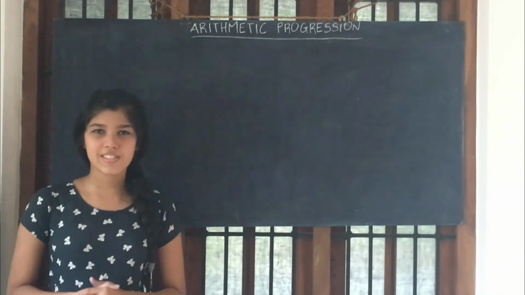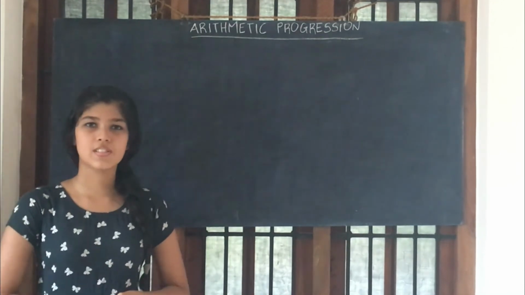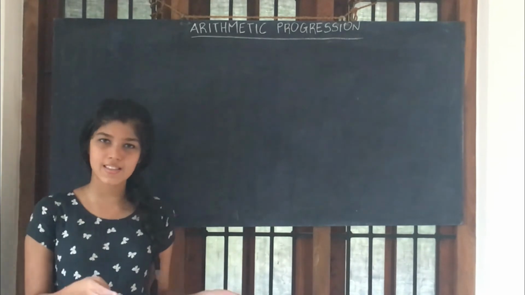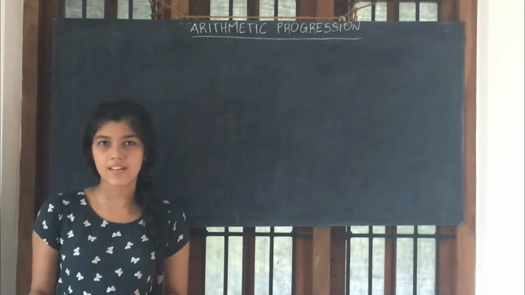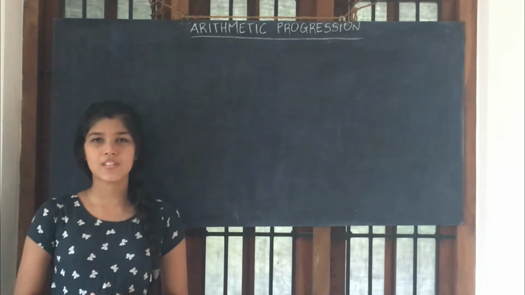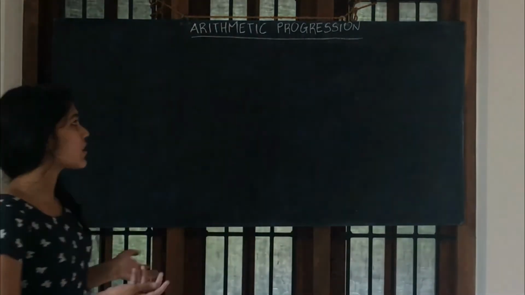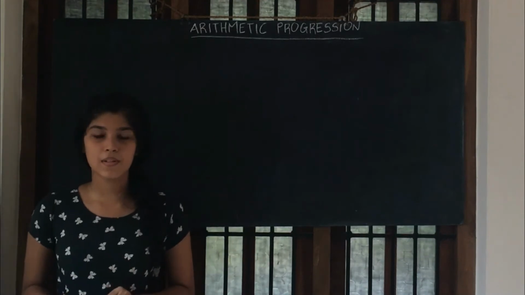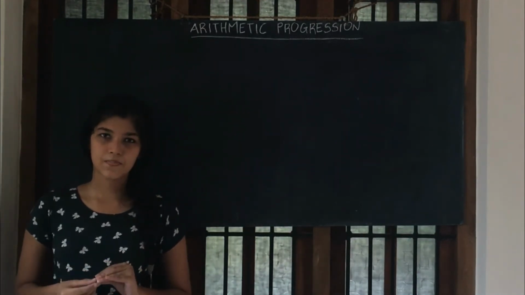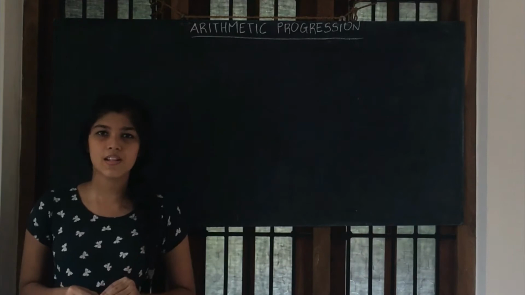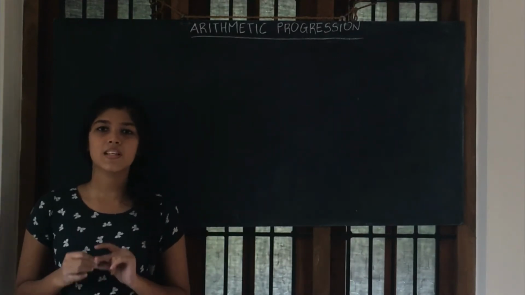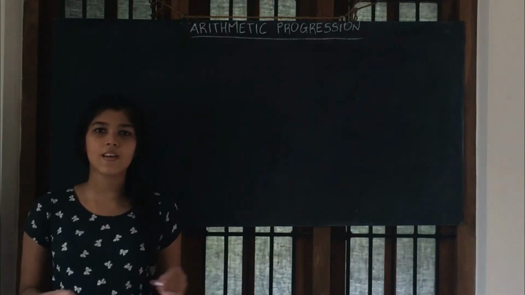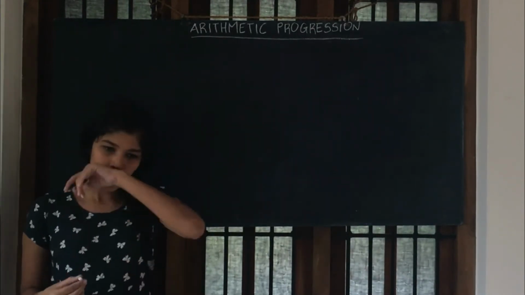Now let's do a question based on the last equation. The simple question that can be asked will be finding the nth term by giving the value of n, the first term and the common difference. Let's not do that, but let's do another question. The question is, how many two-digit numbers can be divisible by 3? I repeat, how many two-digit numbers can be divisible by 3? This question also follows the same equation, that is an equal to a plus n minus 1 into d.